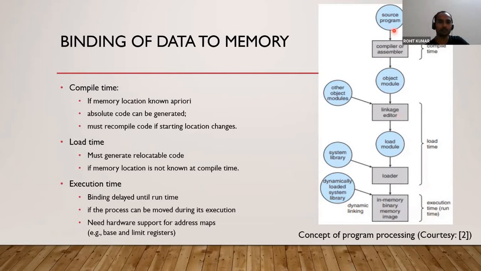So you can see that from source to runtime, all these things happen. First you compile, then you add the related modules, then you link all the modules, then you load it. After loading, you add some related system files, and finally at runtime, you add the dynamically required files called dynamic link libraries, in Windows .dll files.